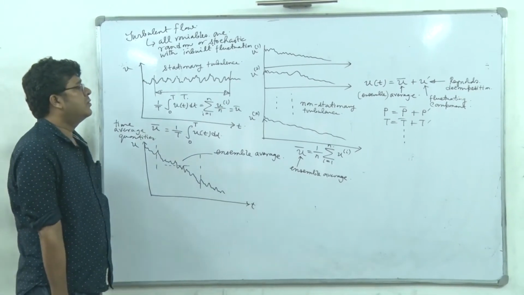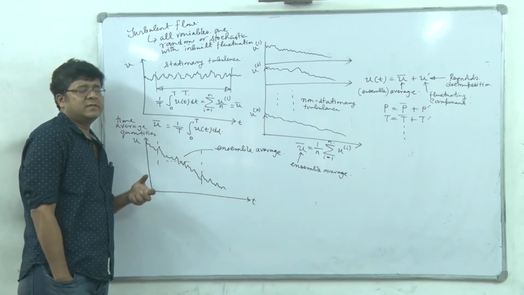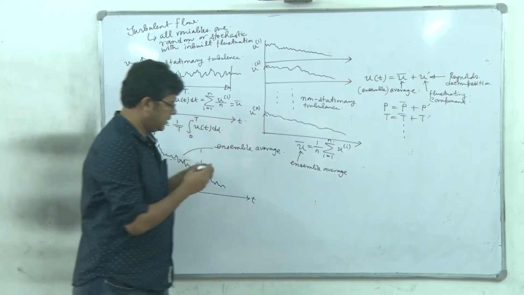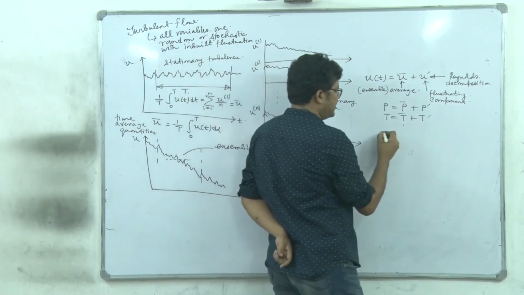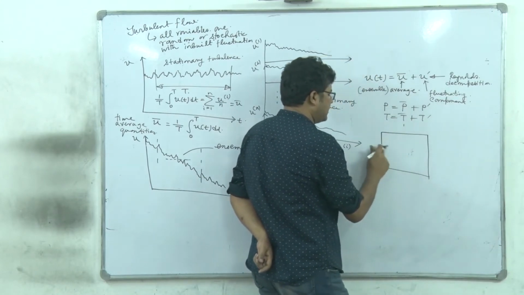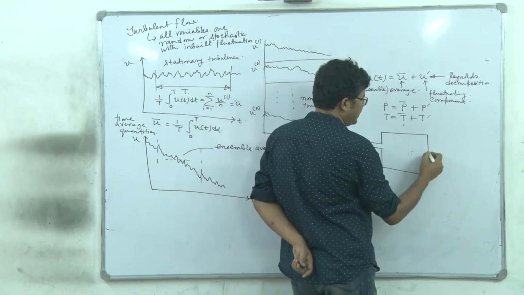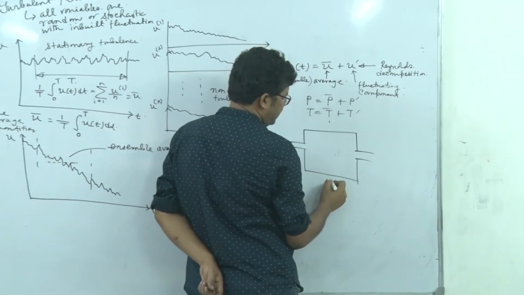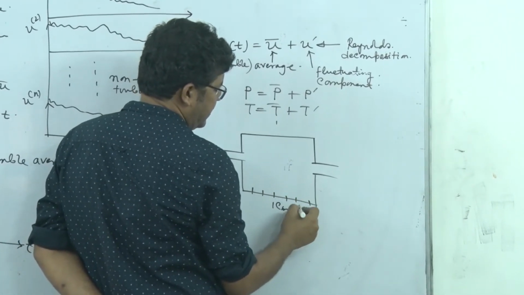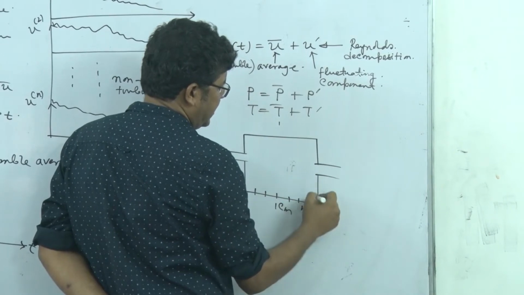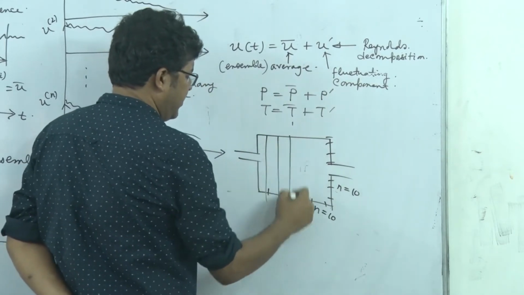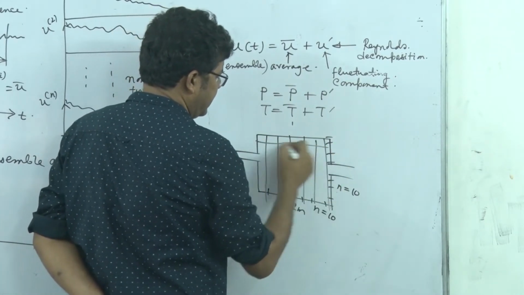So if I want to get the turbulent velocity profile, I'll think that I'll solve the Navier-Stokes equation. Definitely here the solution will be a numerical solution. Just like in a box where there is some inflow and some outflow, it's a two-dimensional flow, right? Say it is 1 centimeter and we have grids at 1 millimeter gap. So there are 10 grid points, and if it is a square, there are also 10 grid points. So grids will be looking like this.